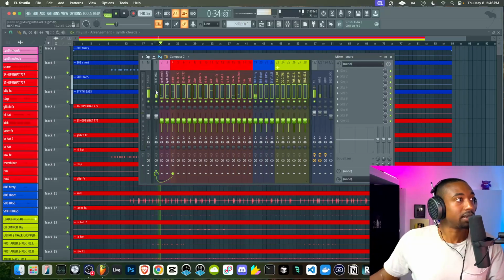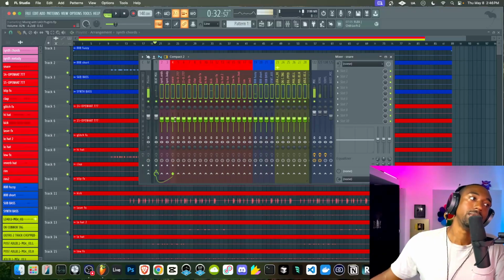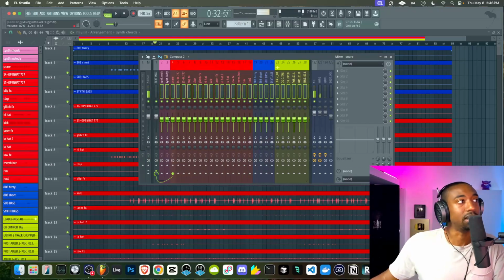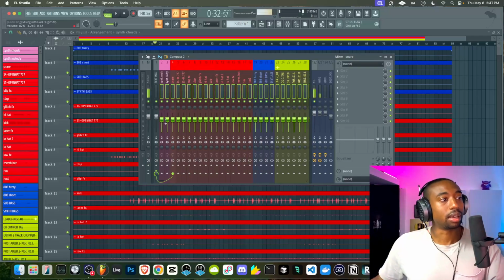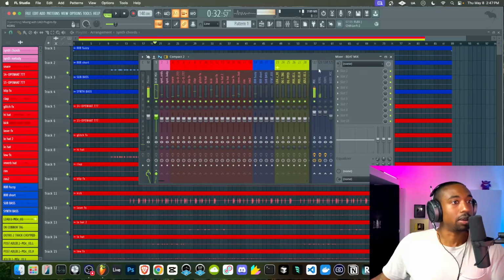Now my favorite spot is like -9 as the starting point. So here I'm a little bit shy of that. So let's pull it up. Now these faders are not visually mapping out how much dB I'm pulling out. It's not accurate, like I'm pulling out 4 dB, but it looks like we only nudged the fader. Okay, so now we're about at -9.